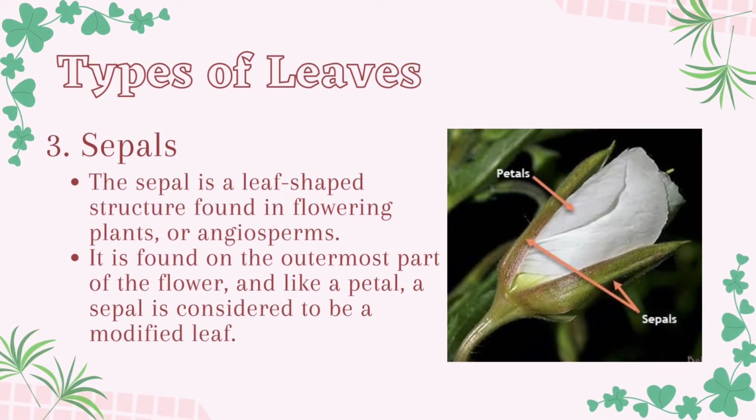Next is the sepals. The sepal is a leaf-shaped structure found in the flowering plants or angiosperms. It is found on the outermost part of the flower, and like a petal, a sepal is considered to be a modified leaf. In addition, the initial function of sepals is to provide support and protection for a flower bud as they close up around it until it is ready to bloom. They also surround the petals and reproductive organs inside the flower and protect them from harsh environmental conditions